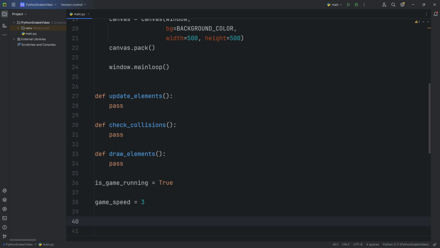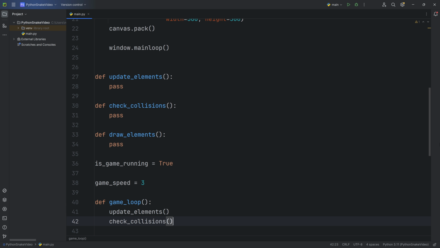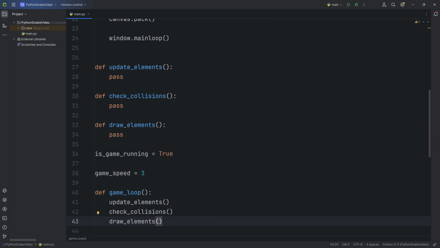We can now create the game loop function, define game_loop, call the update functions in the right order, update_elements, check_collisions, draw_elements.